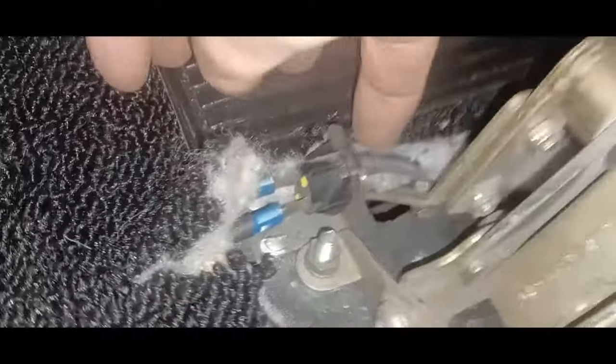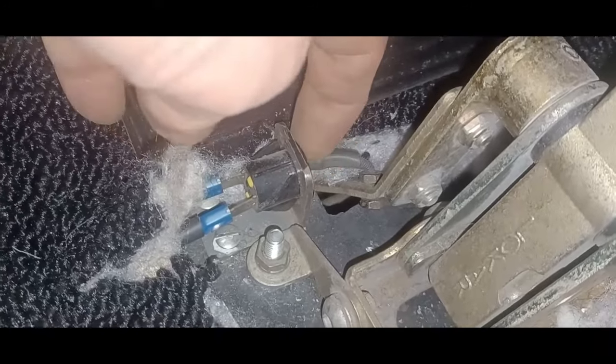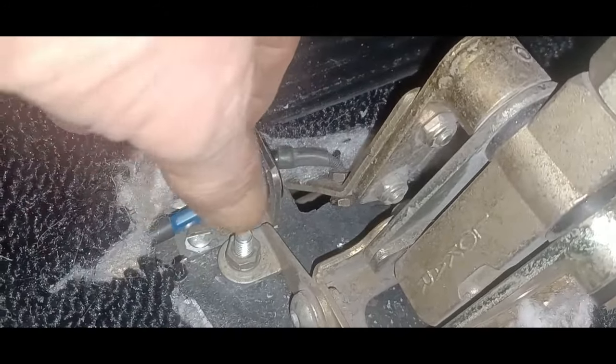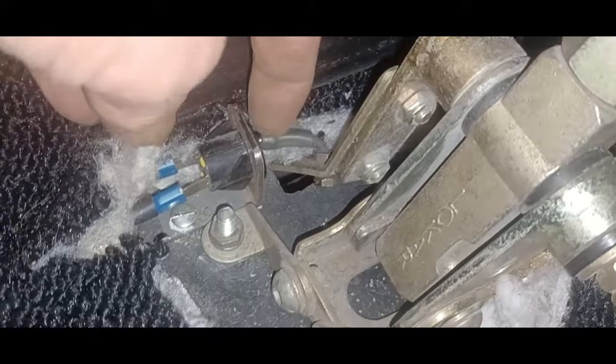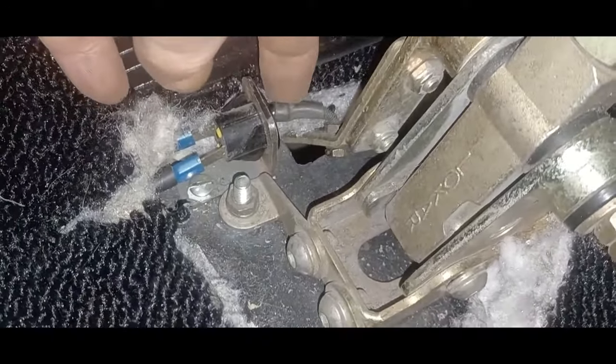All right, let's go inside this thing. So here's the switch that I'm talking about. This little arm here wasn't fully pushing in the switch. So this whole switch either has to go forward or I have to extend this arm. So this is what I ended up doing because I'm lazy. This is a temporary deal for now, but